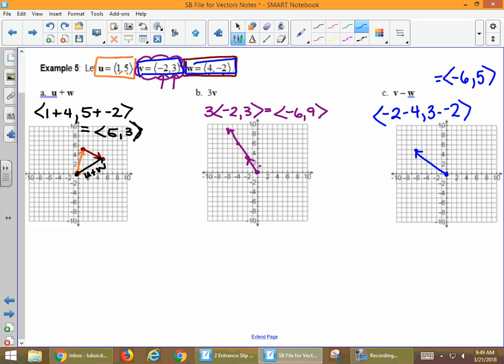If you want to do it graphically, the way you do that is to start with V. So V is -2, 3, over 2 up 3. And then do the opposite of W. So W was 4, -2. The opposite of W would be -4, +2. So over 4 up 2. I think where subtraction is concerned, this is a little easier. Actually,